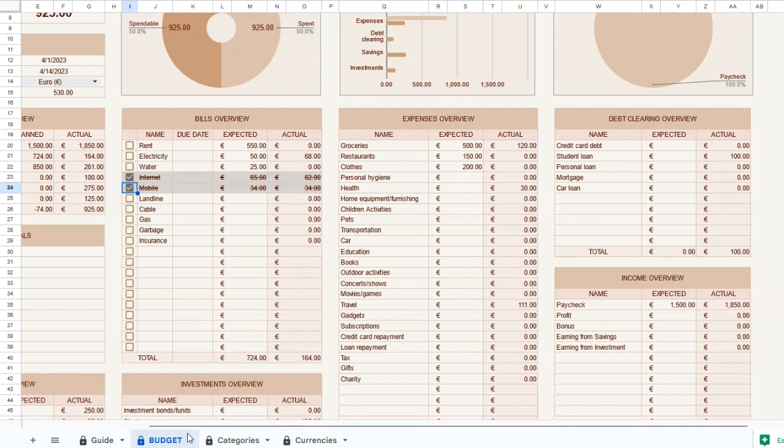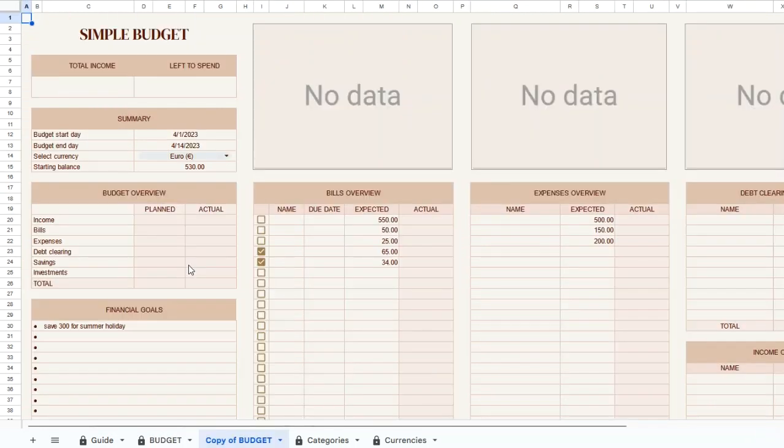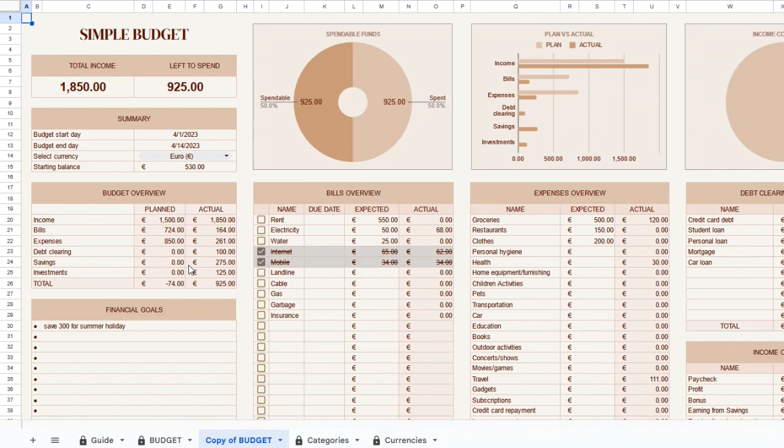If you would like to use the same budgeting spreadsheet for multiple periods, such as for different months or years, you can easily create duplicates of the tab. To do this, click on the arrow next to the tab name and select Duplicate. This will create an exact copy of the tab, including all the formulas and formatting. You can then start entering your financial data for the next period in the duplicated tab, following the same process as you did for the original tab. This allows you to use the same budgeting template for different time periods, making it convenient and efficient for tracking